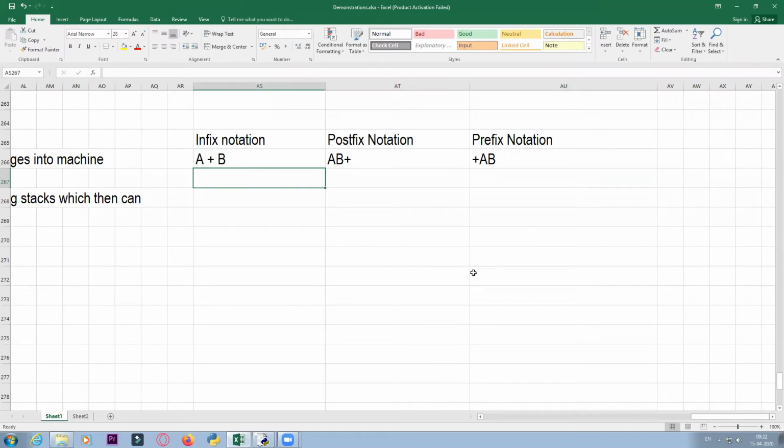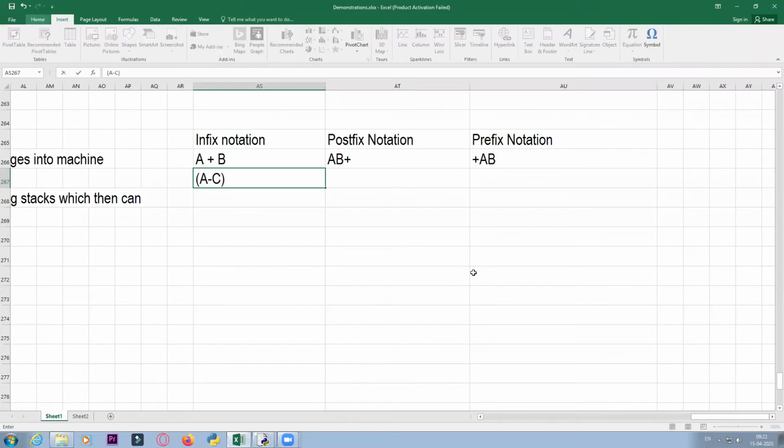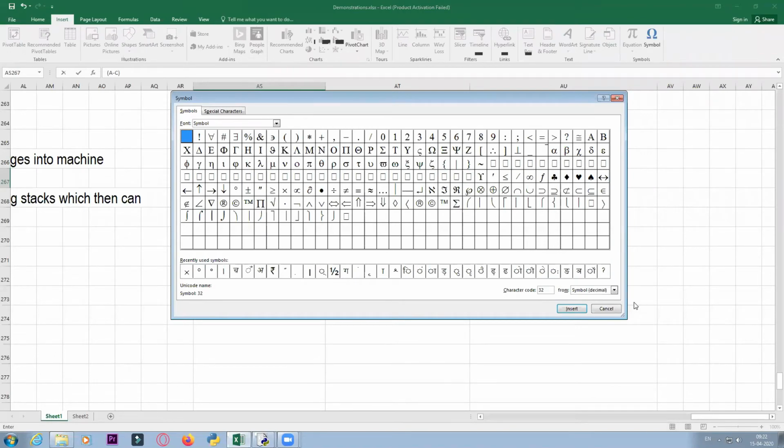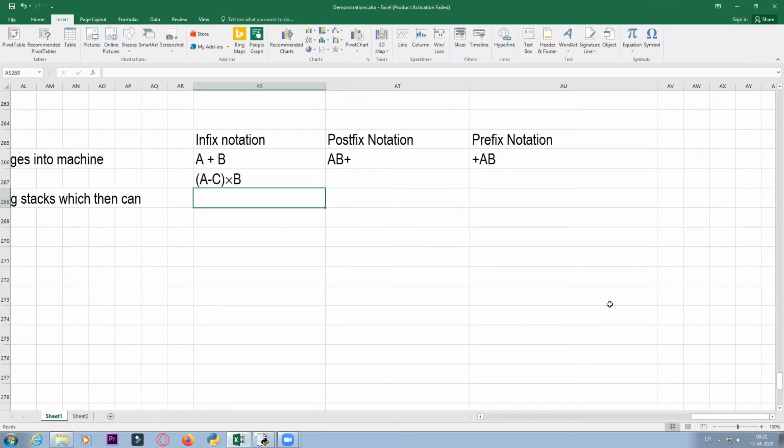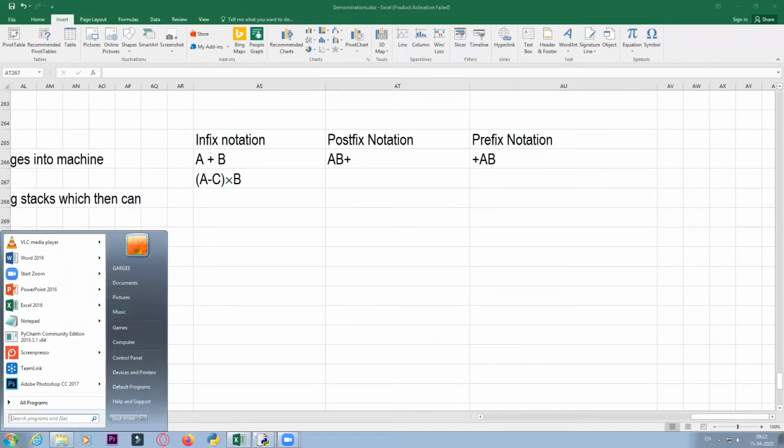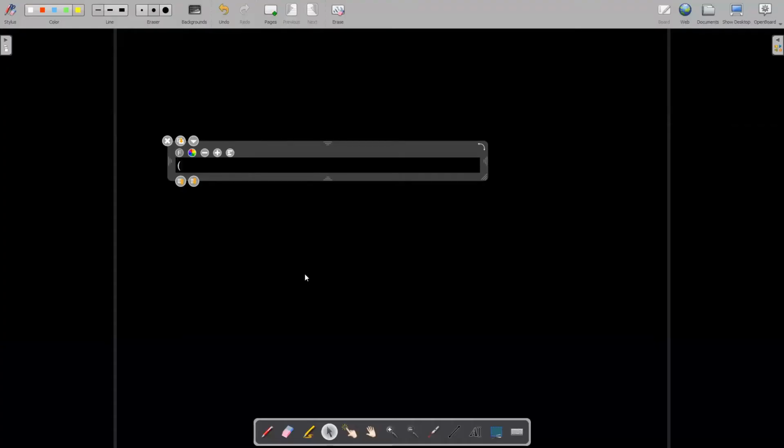Next, I'm giving you another infix notation, that is (A minus C) into B. Write its postfix notation. Now, how will you do the postfix notation for this one? Please listen very carefully, okay? So I have this expression over here, (A minus C) into B. Now how will I handle this? So over here, what is the first thing? Please check the evaluation order. What is the evaluation order?